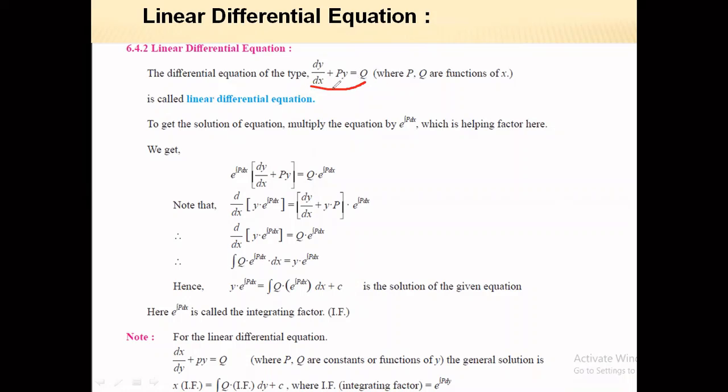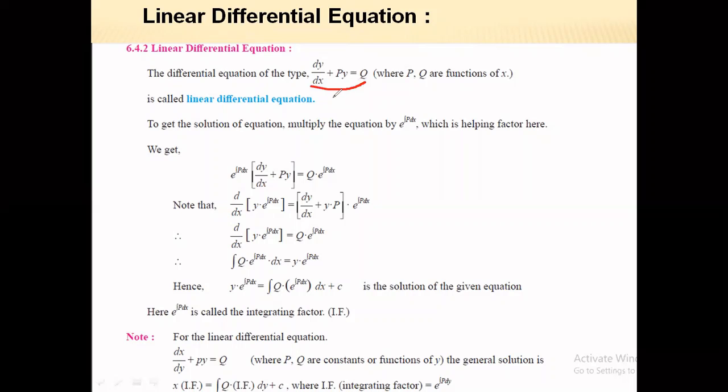यानी अगर इसमें आप देखोगे, so it contains a single value of y. So this is the identification of this linear differential equation. अगर किसी इक्वेशन में एक सिंगल वेरिएबल हो, आपका वो वेरिएबल डिपेंडेंट वेरिएबल हो और इस टाइप का इक्वेशन हो, dy by dx plus py is equal to q, so that this equation is said to be linear